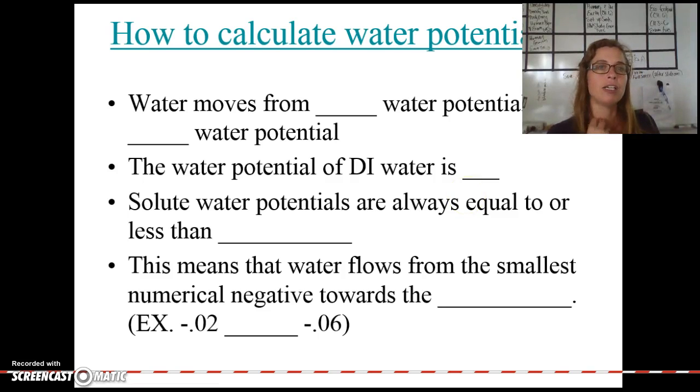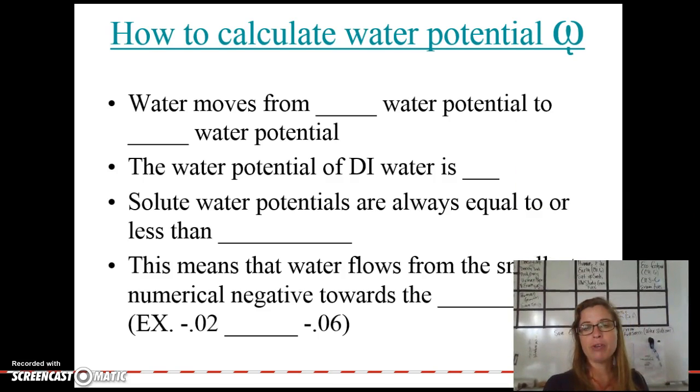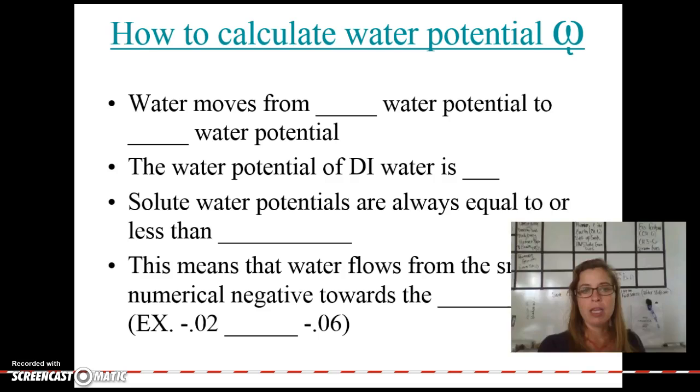So this leads to the concept of water potential. Some things that I want you to take home from this will be the fact that water moves from a high concentration or high water potential to a low water potential. I would like you to know that the water potential of DI water is 1. Solute water potentials are always equal to or less than the total water potential for a system. And I want you to remember that water flows from the smallest numerical negative towards the